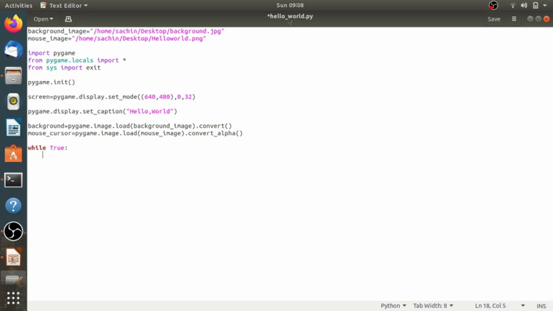All games will have a loop similar to this, which typically repeats once per screen refresh. Inside the main game loop, we have another loop for the event loop, which most games will also have in one form or another. So let's write for event in pygame.event.get.